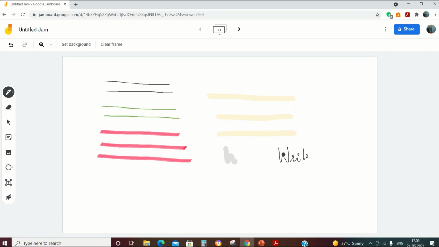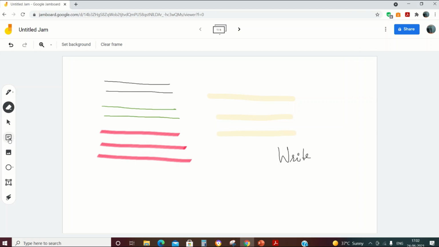It is very easy to write on the board using those tabs. So we can write using the pen. Suppose you want to erase what you have written, you can just erase it using the eraser provided there. And there is a select option if you have any picture or something inserted here. I'll come to that point.